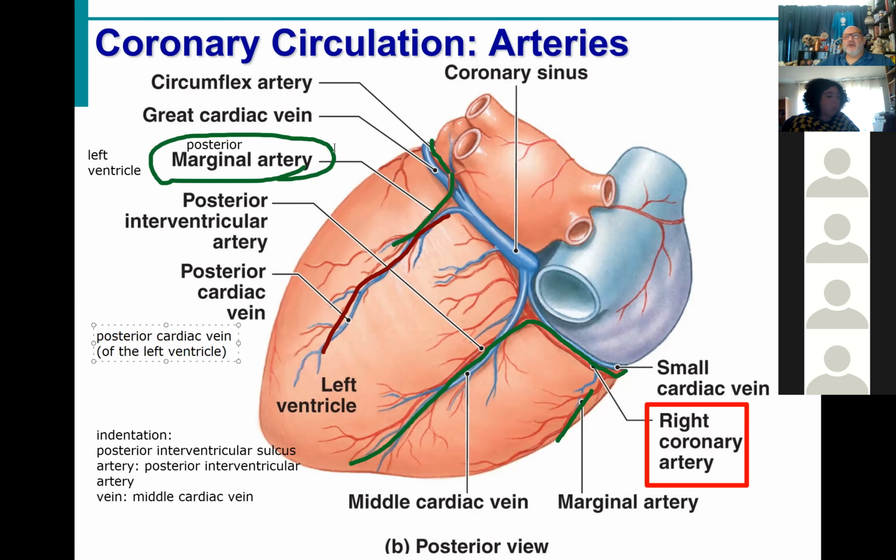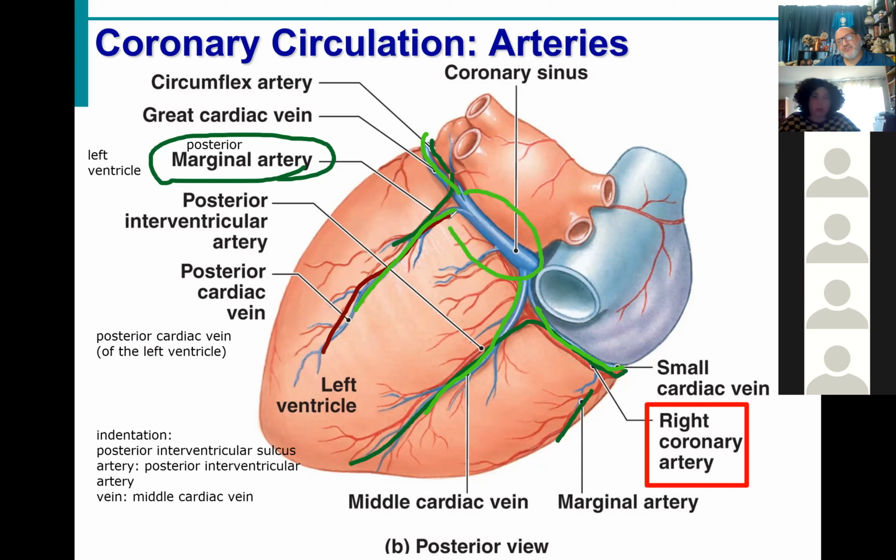And the last thing that I want to point out is notice while those veins are a little wonky in their names, we have that great cardiac vein that is the biggest one because it comes all the way from the front to the back. Small cardiac vein coming from the right side, posterior cardiac vein, and middle cardiac vein, all feeding into this big,